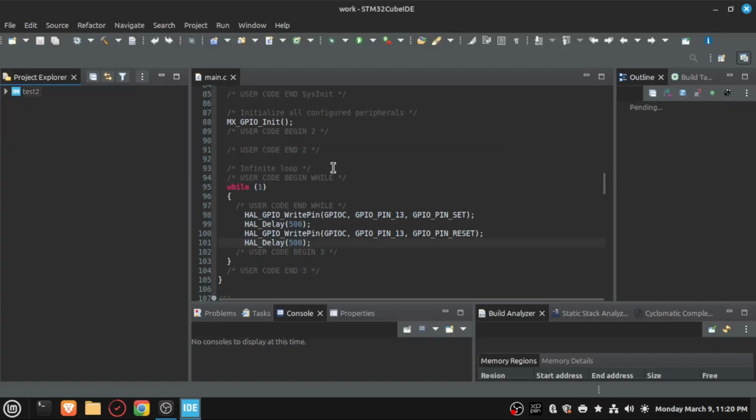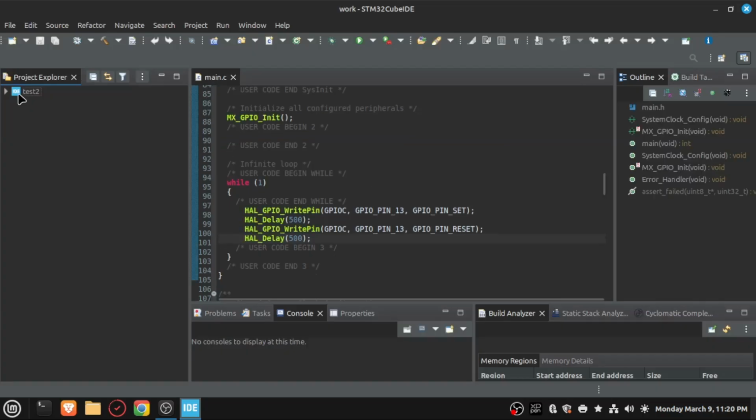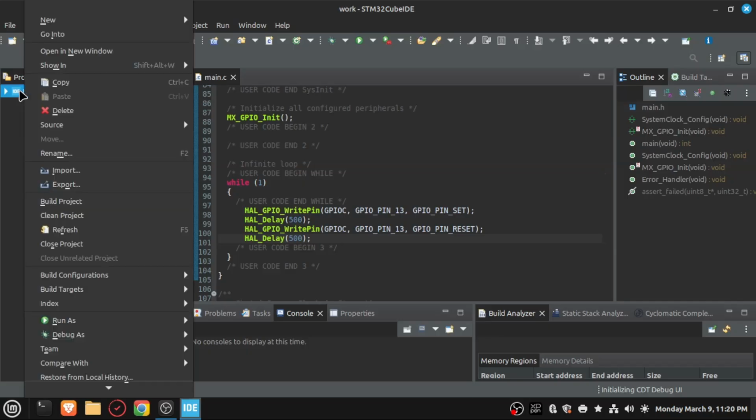Oh yeah, now we have the Cube IDE. So when we open up, we could actually be seeing something like,